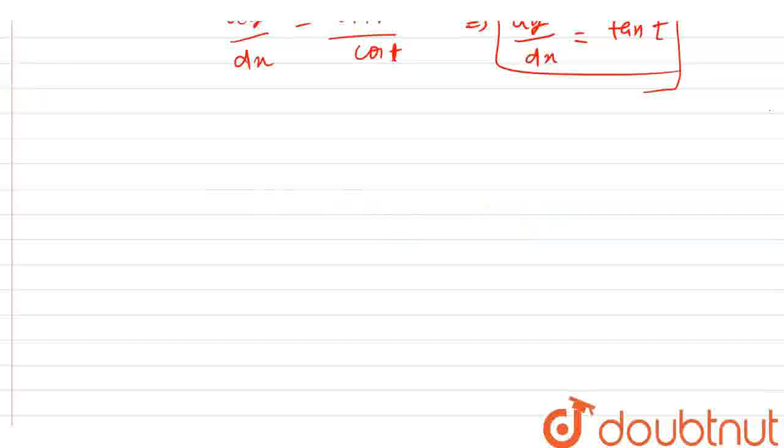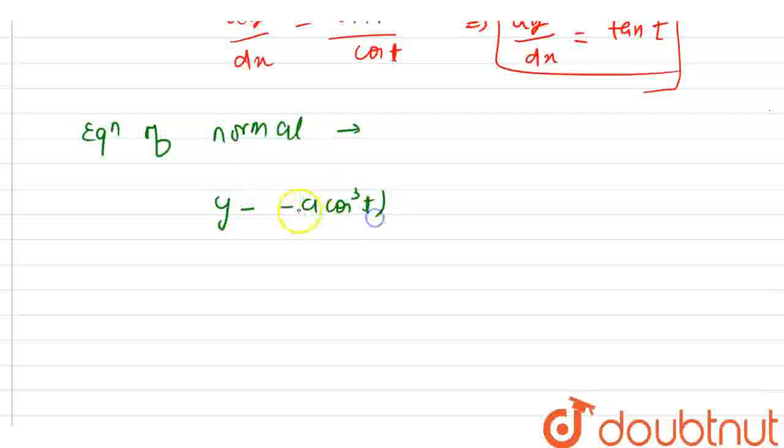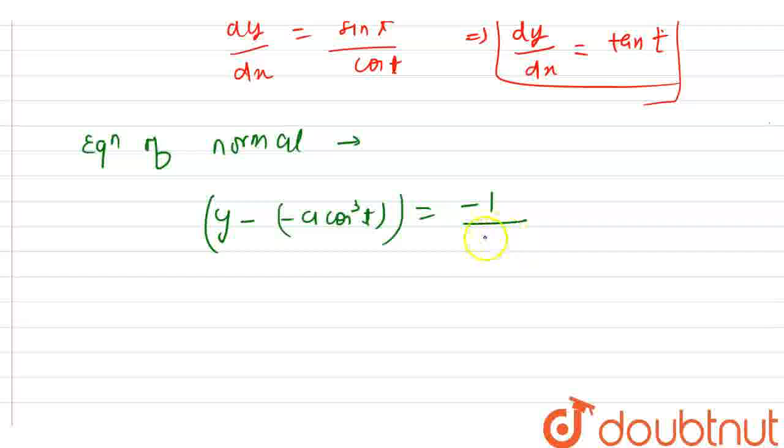Now I'm going to write the equation of normal, and I already told you that equation of normal is y minus y1 from equation 1. So y minus y1, my y1 is minus of a cos cube t. This is my y1, and it is equals to minus of 1 over dy by dx, which is tan t, and here we have x minus x1. So my x1 is, let me write this thing,